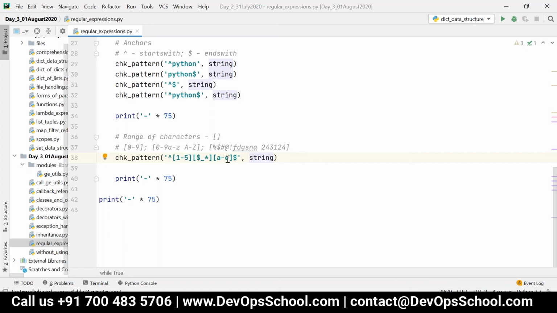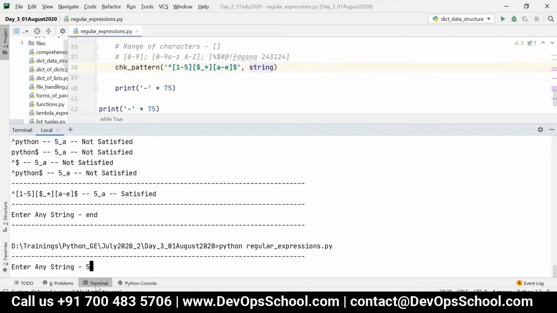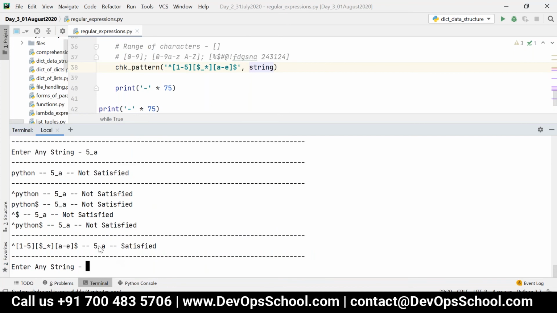Order should not be changed. So now if I execute, if I say 5 underscore A, it will be satisfied. See here, because 5 is between 1 to 5, underscore is present among dollar, underscore, and star, and A is present between A hyphen E, that is between A and E.